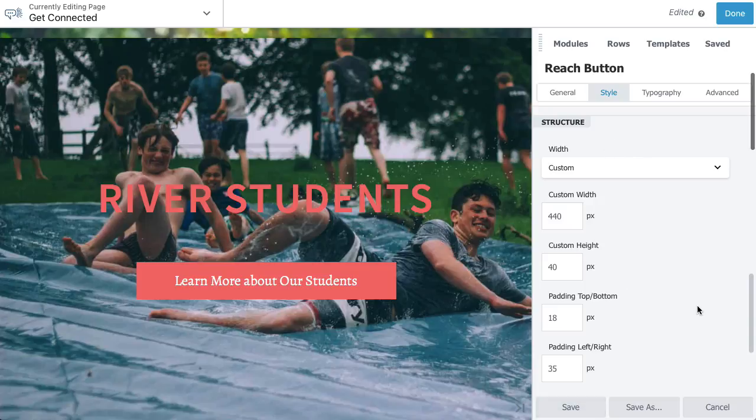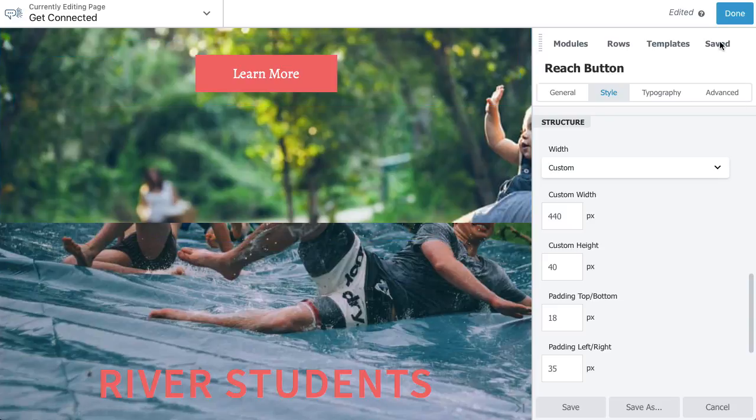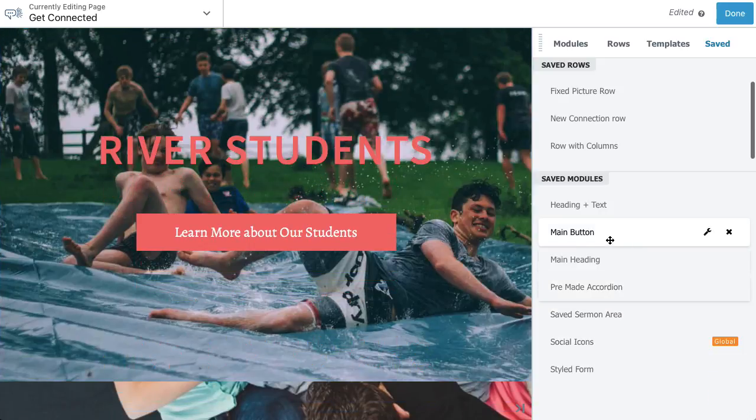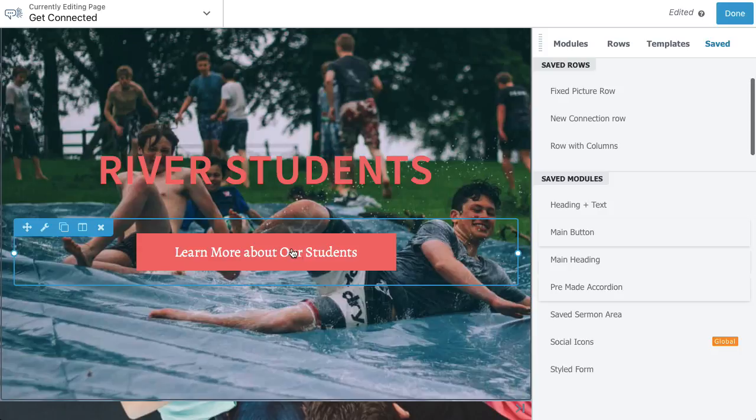If you save by accident on the button and you're like, man, I didn't mean to do that, you can duplicate one of these buttons by clicking that. Or over here in saved, we already have a main button that we use pretty much throughout this site, and it uses the site-wide colors. So whatever you set there will be the colors on this button. You can bring that here and relink it back to the students page. If you can't figure out how to tweak this back to the original way it was,